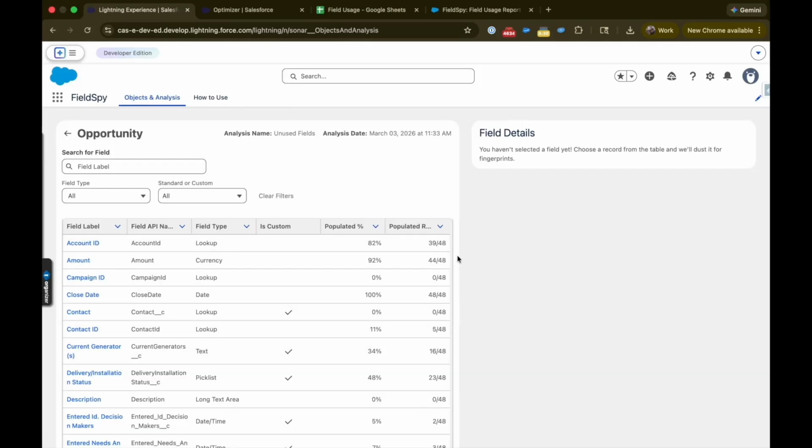So yeah, you can see that of the 48 records in my org, I have 5 records of those 48 where the contact ID is filled out. And then